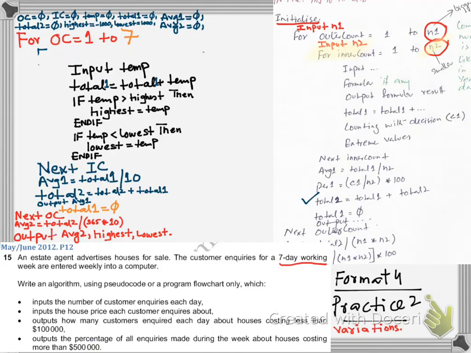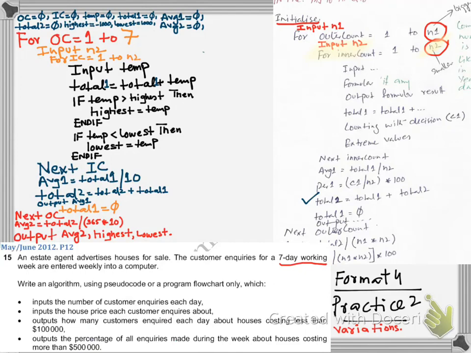let's just first clean this up so that we have place for input. Input, what do we need to input? N2. Now for inner count is equal to 1 to what? N2. Since we don't know what is N2 every day, so we just put that variable there, N2. Okay. Now